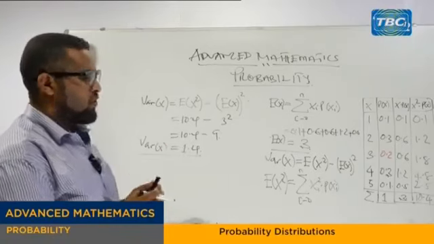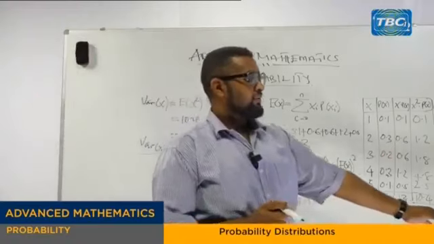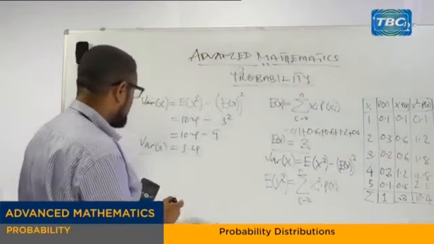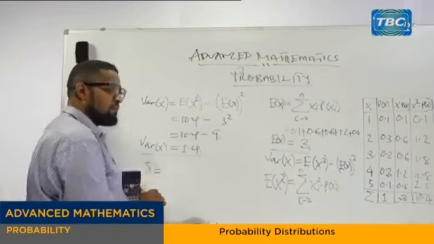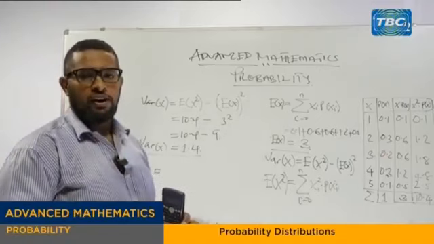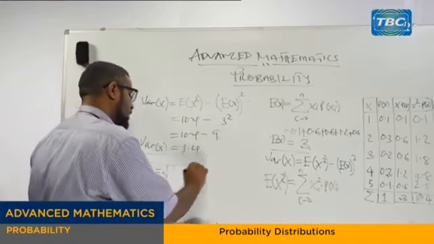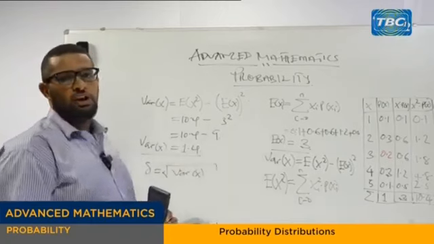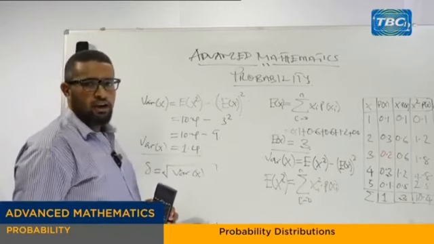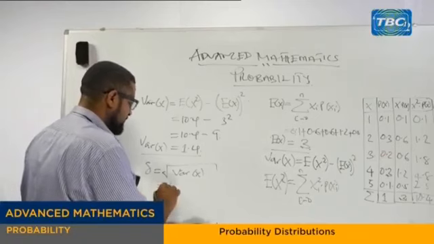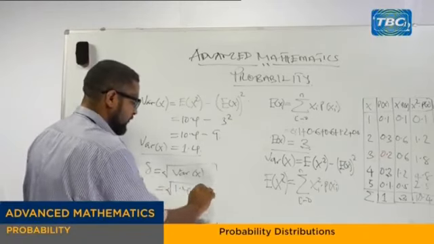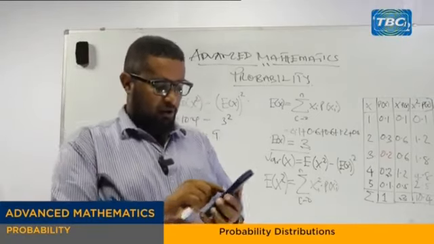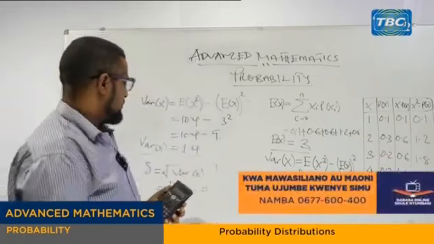But lastly, we ask the question to find the standard deviation. How do we find the standard deviation? Standard deviation is given by the square root of the variance. So finding the square root of the variance of the variable x will give you the standard deviation of the variable x. We have it over here, which is 1.4. Again, use your calculator, find the square root of 1.4, which is